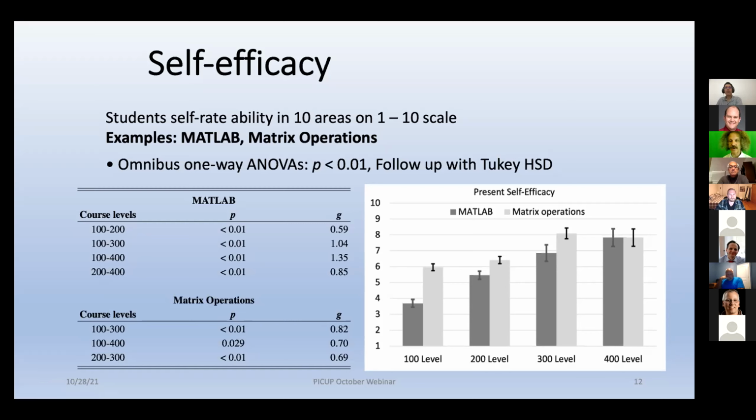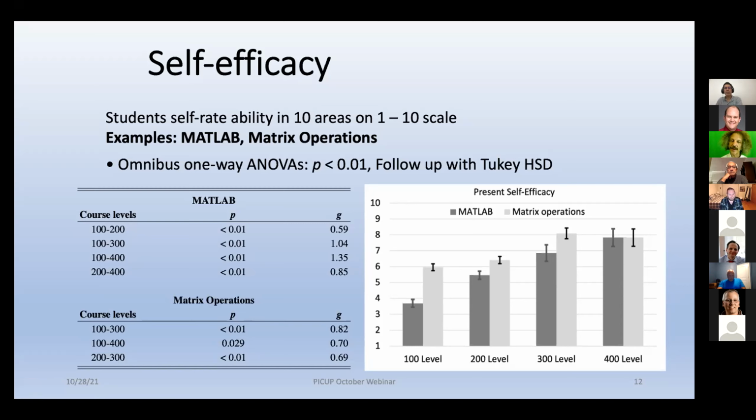Matrix operations, on the other hand, are something that they don't see very much in the 100 and 200 level classes. But then they make a real jump once they're taking optics and quantum mechanics and things like that. So we often see that looking at the full data set. There are the skills that go up continuously and the ones that take a big jump at the 300 level.